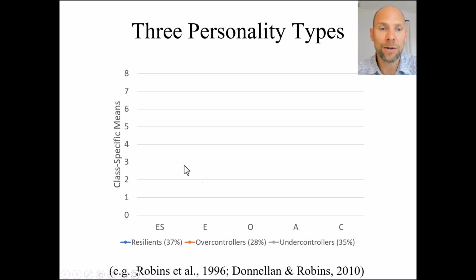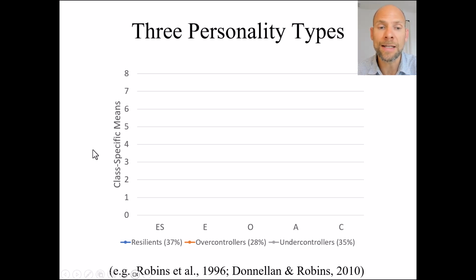So here you can see on the x-axis I have the big 5: emotional stability, extraversion, openness, agreeableness, and conscientiousness. On the y-axis I have the class-specific means. So those are the μc parameters from the previous equation